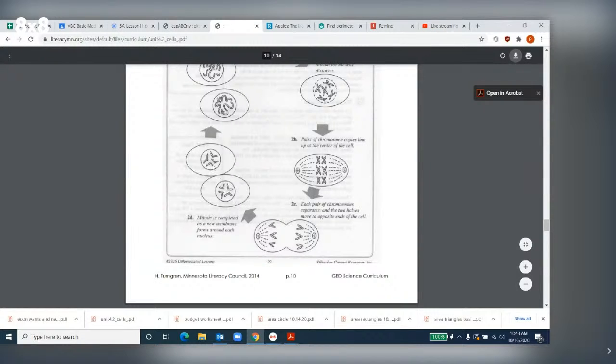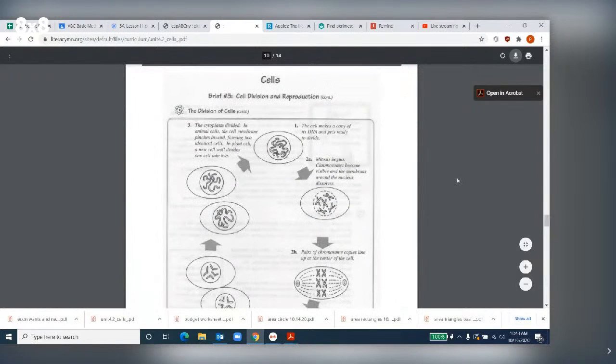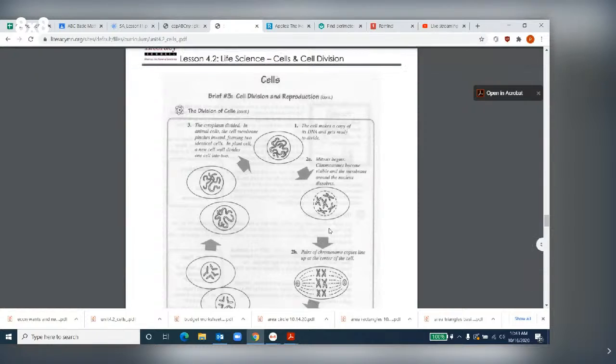And then mitosis is complete when the 2 new cells form. And then the cytoplasm divides. In animal cells, the cell membrane pinches inward, forming 2 identical cells. In plant cells, a new cell wall divides one cell into 2. So you can see these 2 new cells here. So it goes from 1 to 2. You can see this cell right here is the same as these 2 right here, but it goes through this process right here. And that's just how cells